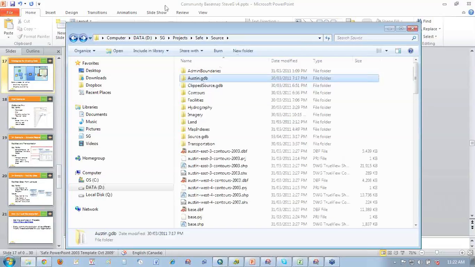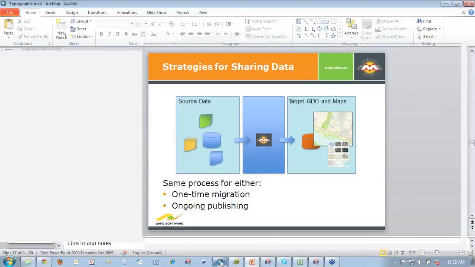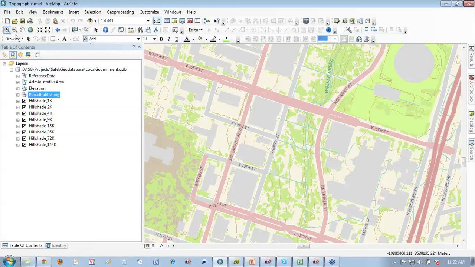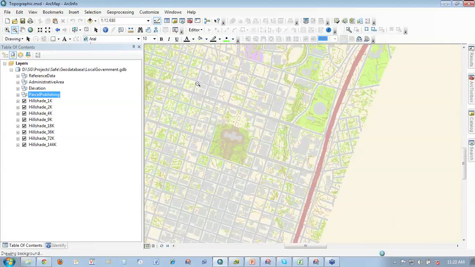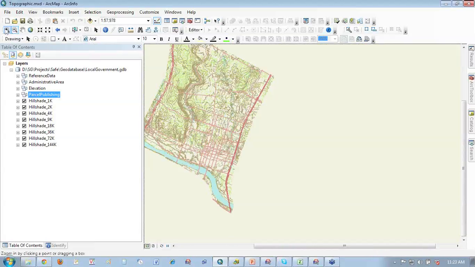And like Dale mentioned, the format doesn't really matter. The tricky part is actually getting the information into the right data model, and that's part of what we'll talk about. And the target in this case is actually this map that we're looking at now. This is a smaller subset of information in the city of Austin, centered around the capitol and the downtown area. And I'll explain a little bit why I went this route.